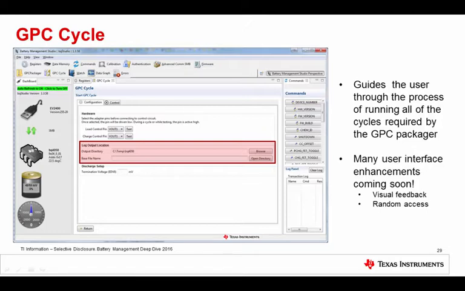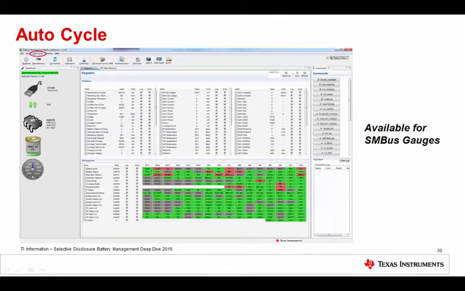So lots more robust feedback over the process of the learning cycle or the GPC cycle, as well as for the GPC allowing random access. So rather than forcing you to walk through all of the cycles in a particular process, once you specify your log output location, it'll say, okay, well, you've already run these particular cycles. So here's what's left that you need to do. Which one of these do you want to start, and let you kick off that process. Again, still in a manual or automated fashion. So again, I can't show it yet, but watch for that coming very soon next year.